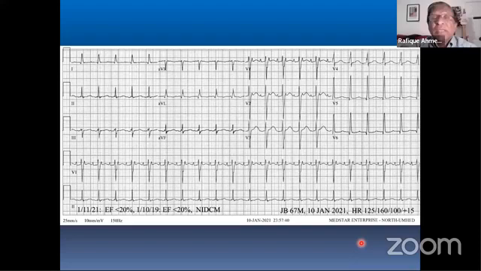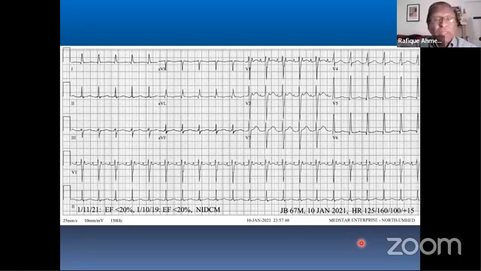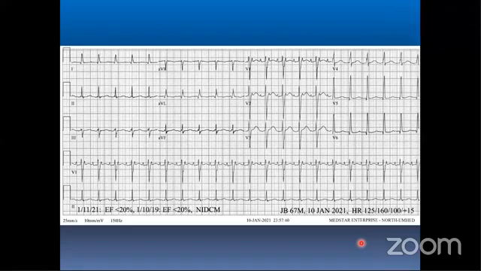I have a different opinion, sir, about the P in V1. Yes. It's mostly positive there. Yes. It's supposed to be biphasic, but it is fully positive in V1. We can see it. So what do you think is the diagnosis? So, sir, most probably it is